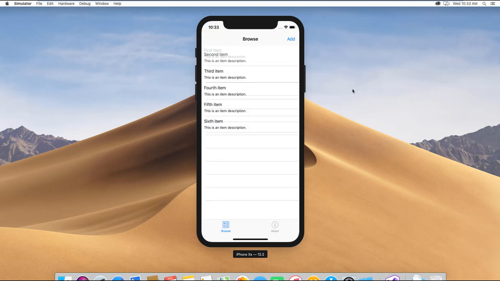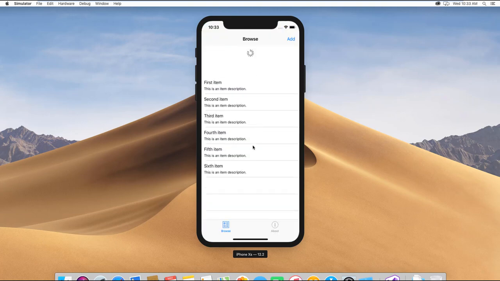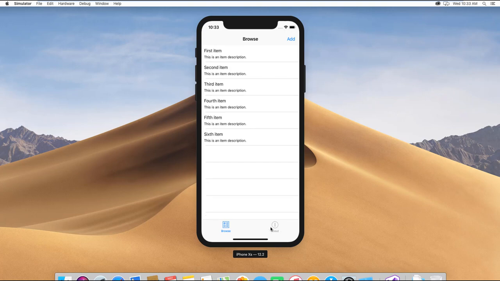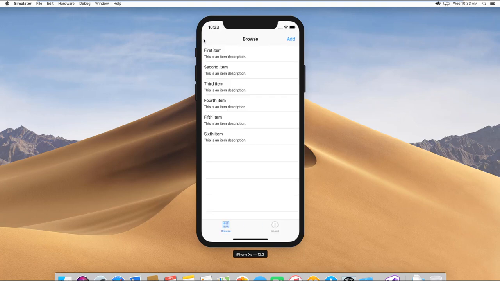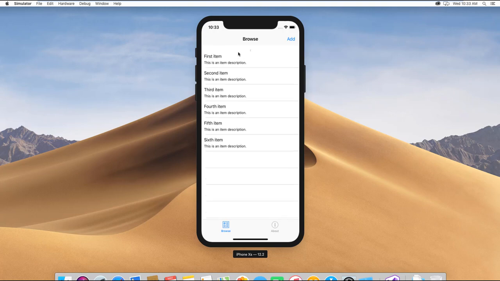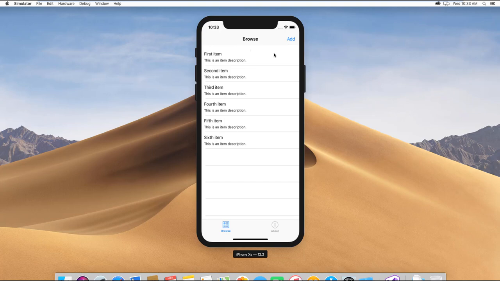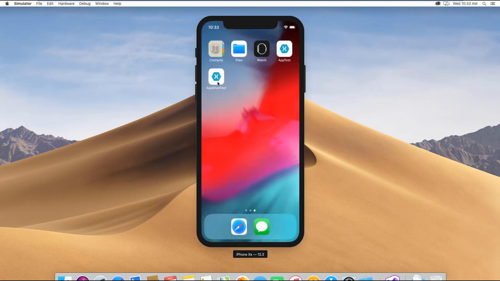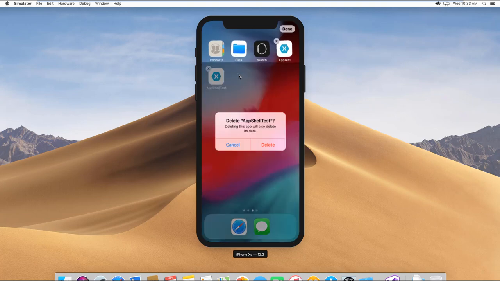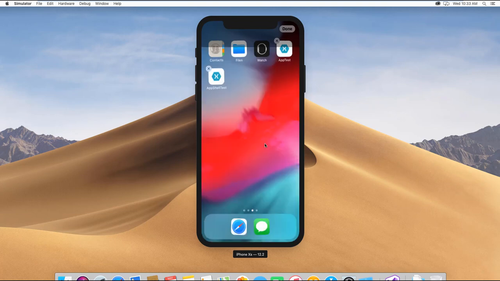Okay, so as you can see on the screen, we have the tab bar here. We have the browse and we have the about. But if you look here, there is no Hamburger Menu, and you cannot drag any flyout out of this. So I'm going to close this now. Let's close this. I'm going to uninstall this, and the reason for doing this is that if I should go ahead